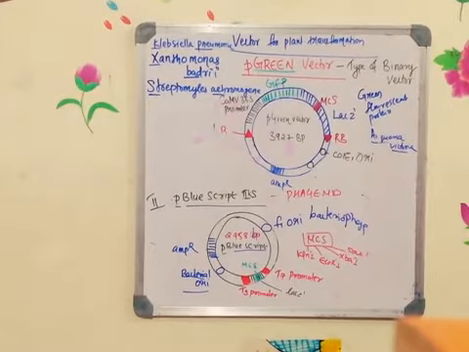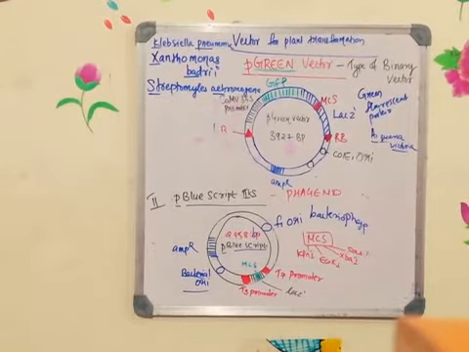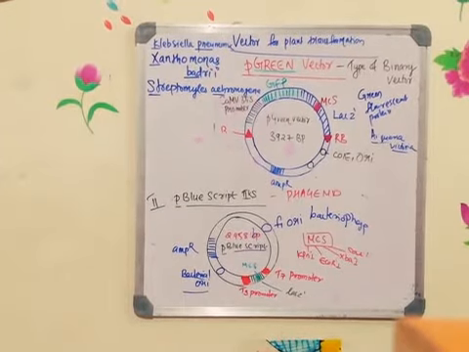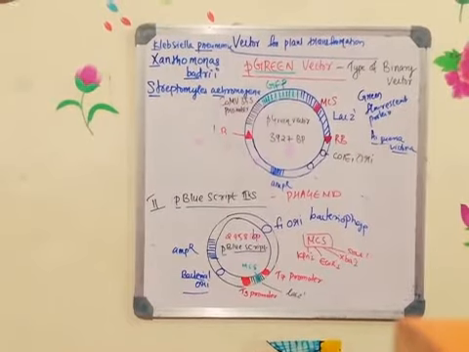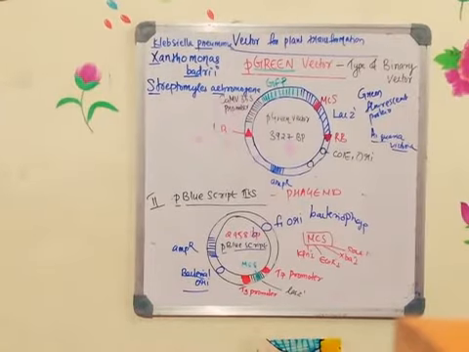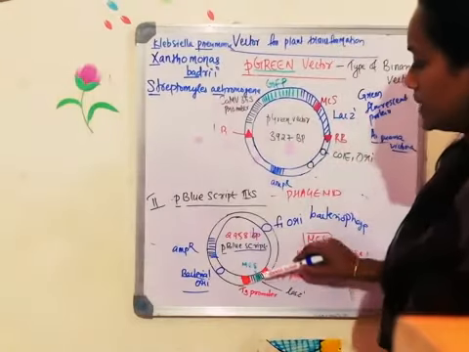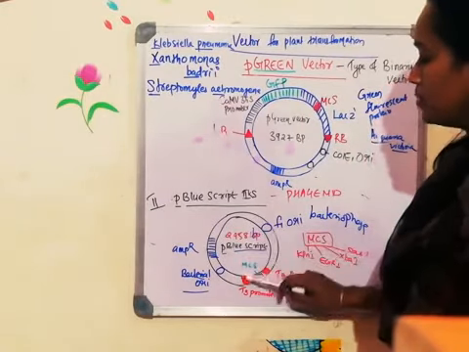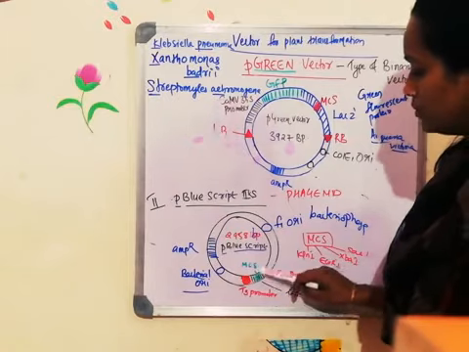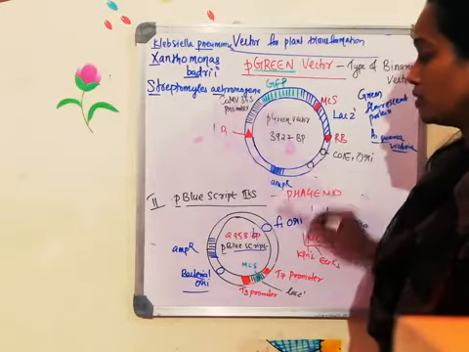The multiple cloning site is bordered by the T3 and T7 promoters, so that it can be read in opposite directions on the two strands, and we can produce single-stranded RNA copies. Single-stranded copies of the cloned DNA can be produced by using the T7 promoter and the T3 promoter. When we use T7 RNA polymerase, it binds to the T7 promoter and transcription happens. When you use the T3 promoter, it binds here and transcribes the other strand.